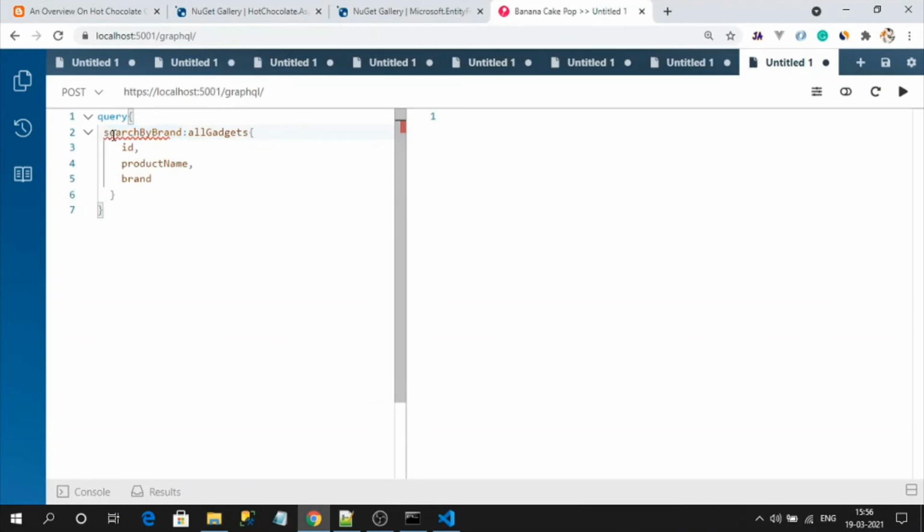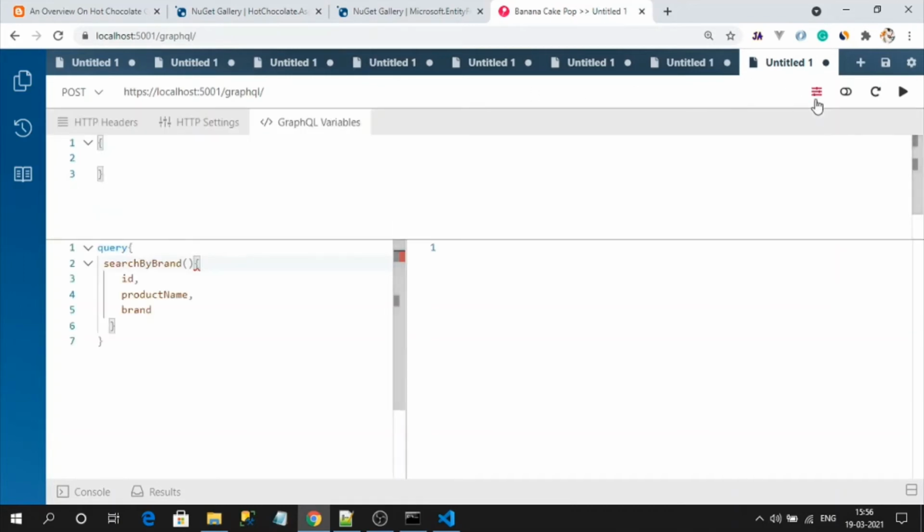And now I need to pass some dynamic value. So to pass this dynamic value, we need to use one concept called variables. First, we need to have a variable. This variable will be the dynamic content that's going to be passed into this query.